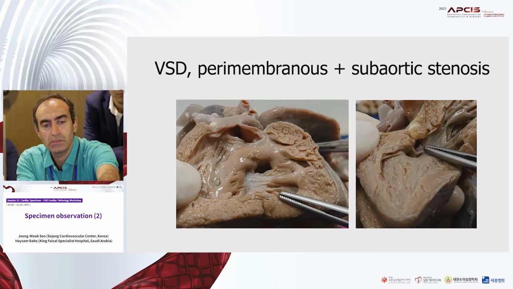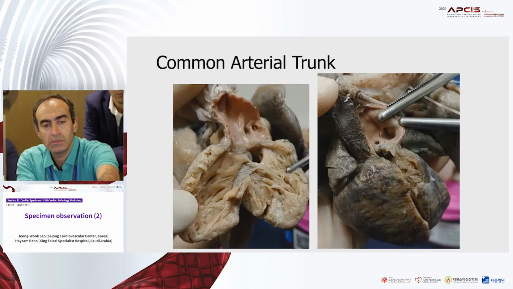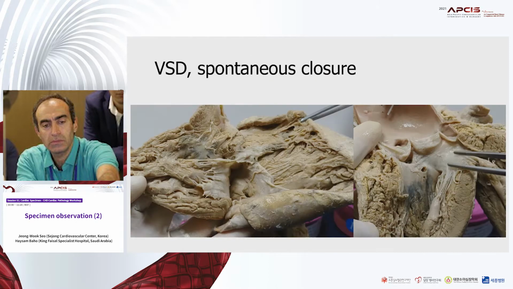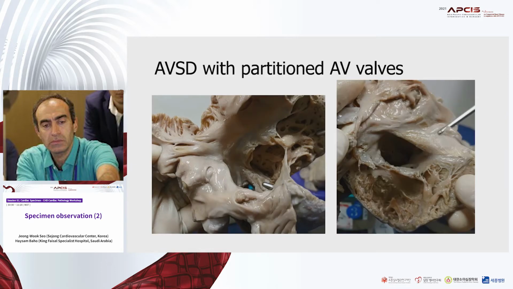perimembranous type plus subaortic stenosis, ventricular septal defect that is juxta-arterial type, and common arterial trunk. We will also look at ventricular septal defect that has spontaneously closed, and we will look at atrioventricular septal defects, atrioventricular septal defects with partitioned AV valves,